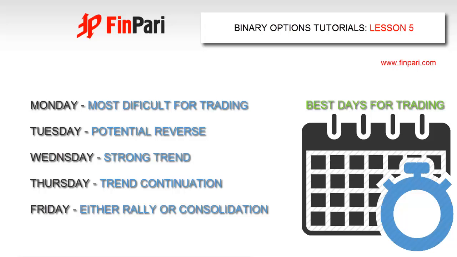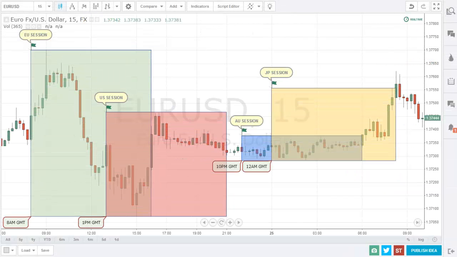Let's talk about Forex currency pairs, because beginners prefer trading this asset class and some achieve very good results. This information is important for those that prefer to trade intraday. If you choose options with the expiry time of 4 hours, 1 day or 1 week, then you can skip this information. I'd like to talk about trading sessions. You might know that there are 4 major trading sessions. The first is the European session, from 8 a.m. to 17 p.m. GMT time.